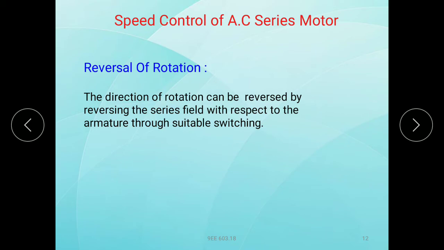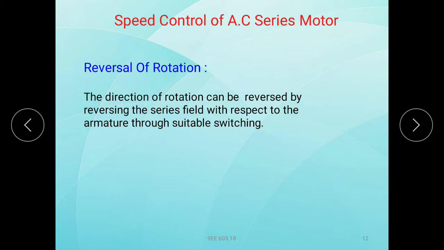For a single phase induction motor we can change the supply terminals of either one winding, the auxiliary winding or the main winding, and then the motor will rotate in the reverse direction. There is no need to change both windings, only one winding is changed to get the reverse direction.